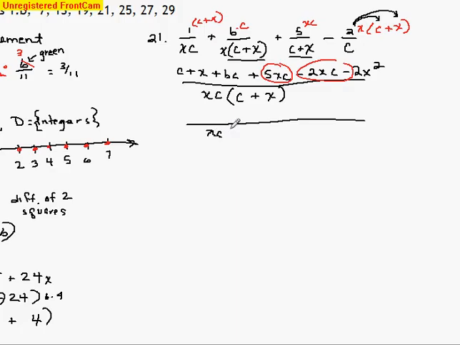So we get xc times c plus x over c plus x plus bc plus 3xc minus,